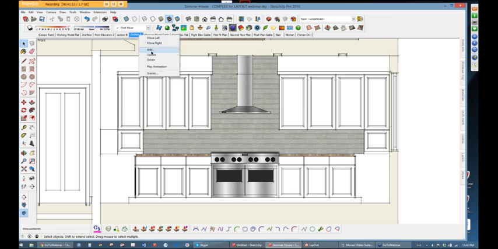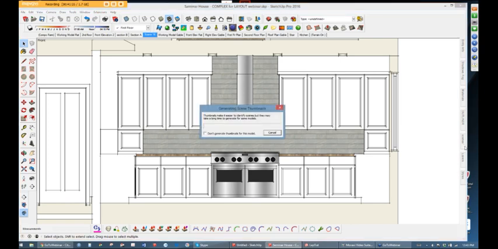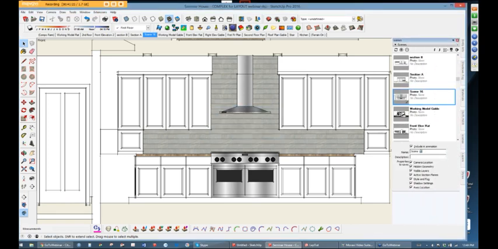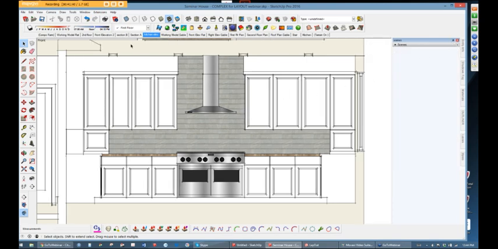I'll go ahead and add a scene for this. And go to scenes. And we'll call it kitchen elevation. Now, as I said, you don't have to get them all at one time. You can do this later, but I'm trying to show you the different variations here. One other thing that we'll look at is,